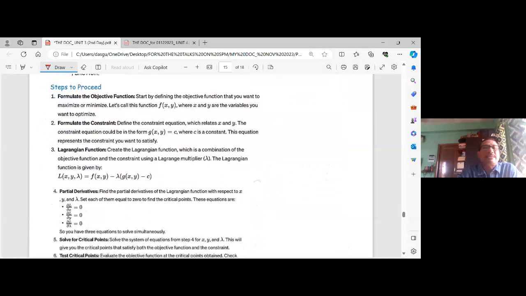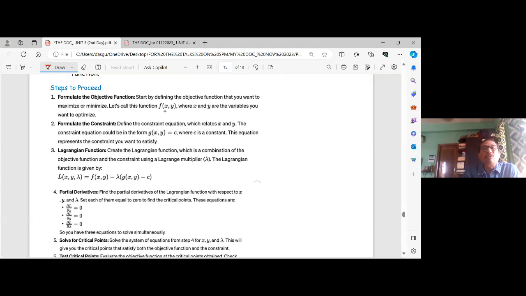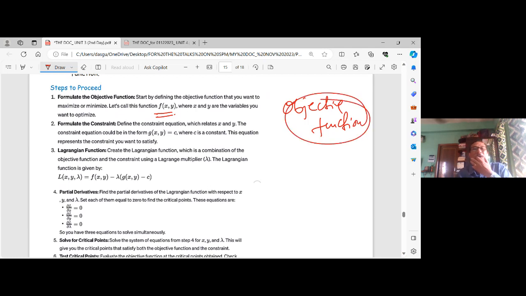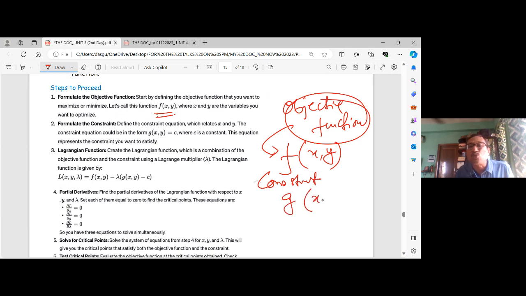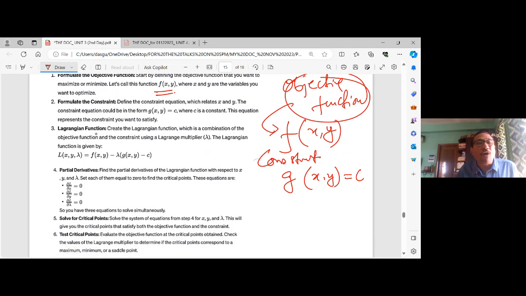So what we do is, this is the objective function. For example, you want to maximize your profit, so f(x, y) is the objective function. You want to maximize or minimize your function f. And now you have a constraint, and the constraint is g(x, y) equals c. This is the constraint which is given. So what you do is you formulate,